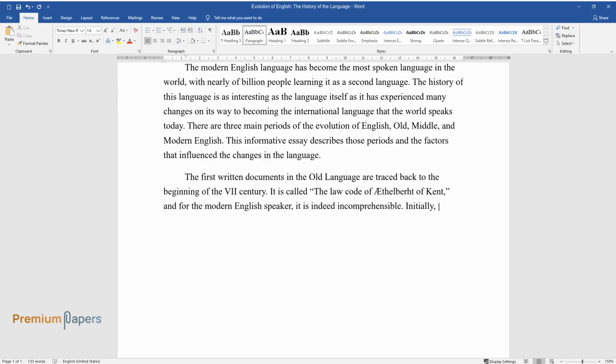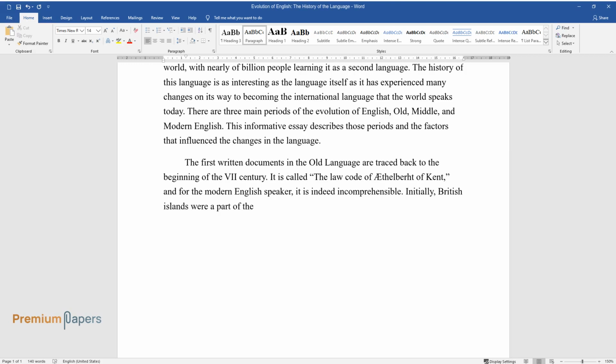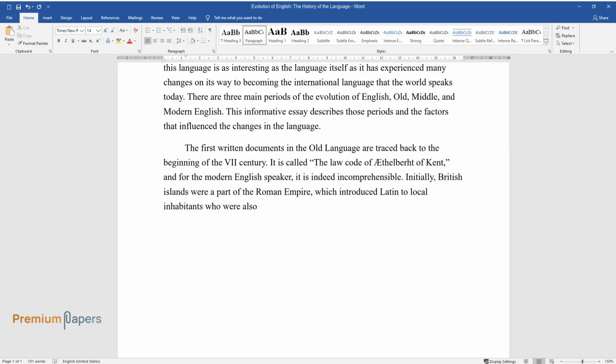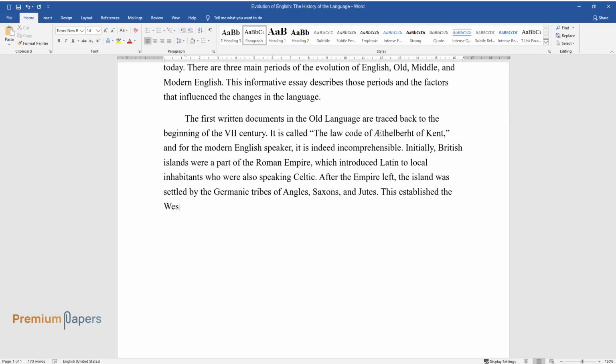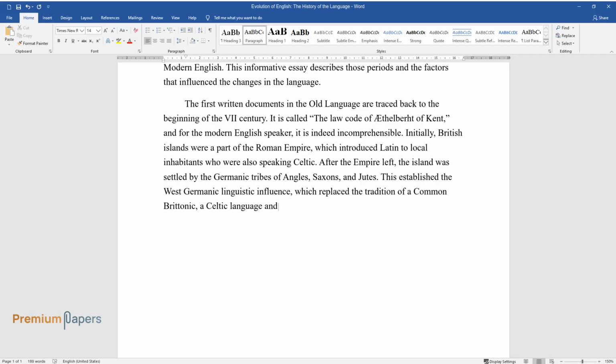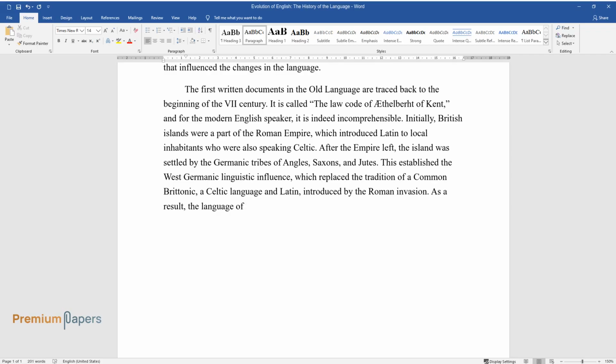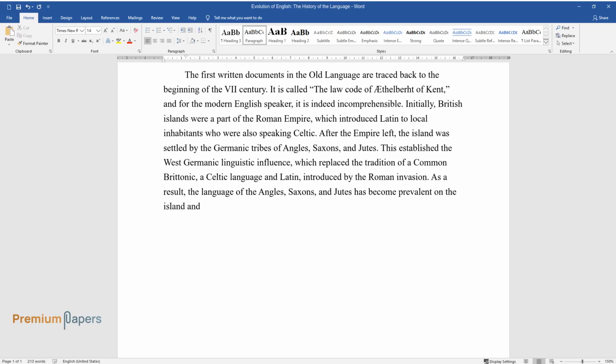Initially, British islands were a part of the Roman Empire, which introduced Latin to local inhabitants who were also speaking Celtic. After the empire left, the island was settled by the Germanic tribes of Angles, Saxons, and Jutes. This established the West Germanic linguistic influence, which replaced the tradition of a common Brittonic, a Celtic language, and Latin, introduced by the Roman invasion. As a result, the language of the Angles, Saxons, and Jutes has become prevalent on the island and formed Old